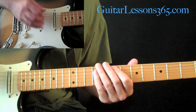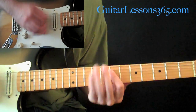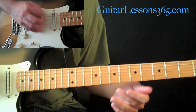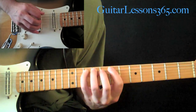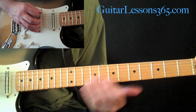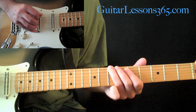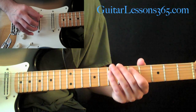Now I'll keep continuing. Now this 3rd time through is exactly like the first time. And then we have the ending, which is going to be this. So that's going to be the open string 4 times, the low 6th string 4 times, then slide from 5 up to 7, and then pick the 5th fret on the A string,